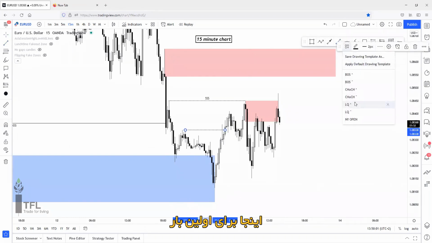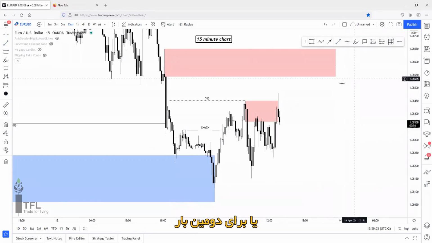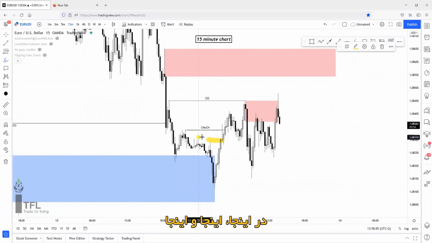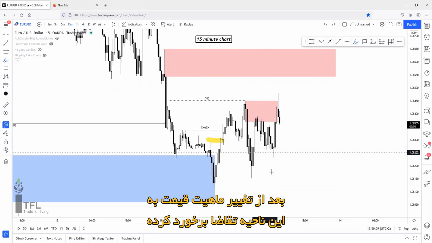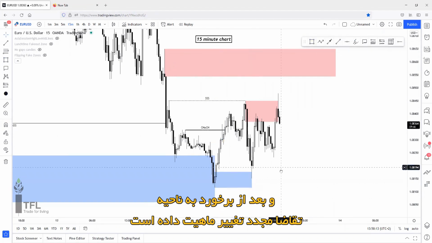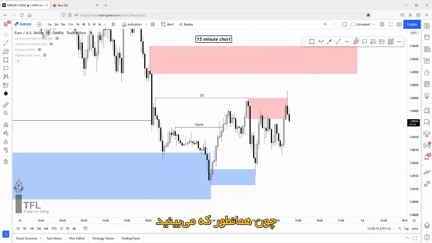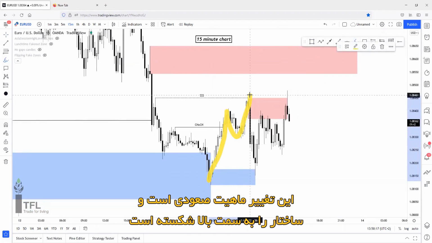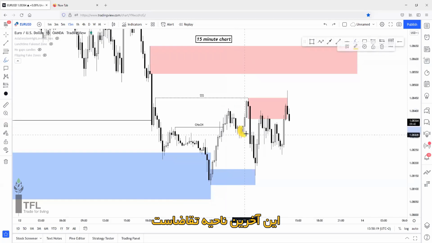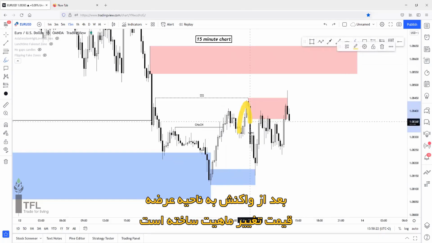Right here, firstly, or secondly, and right here. Okay, after a change of character, price has stepped into this demand zone down here, and after a demand tap, it changed character again. Because as you can see, this is a character changing movement to the upside, break of structure to the upside, last demand zone. Price has changed character here to the downside after this supply reaction,